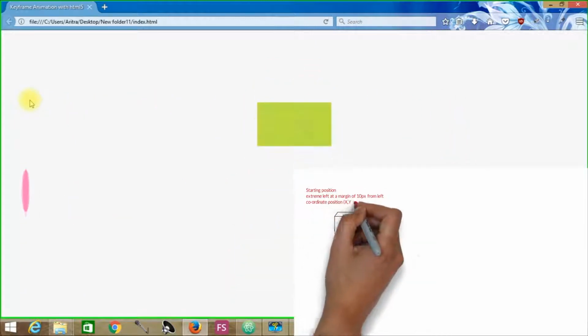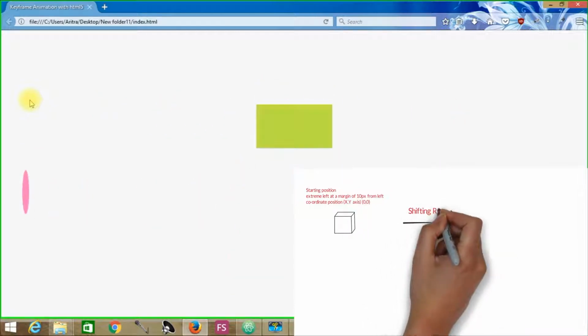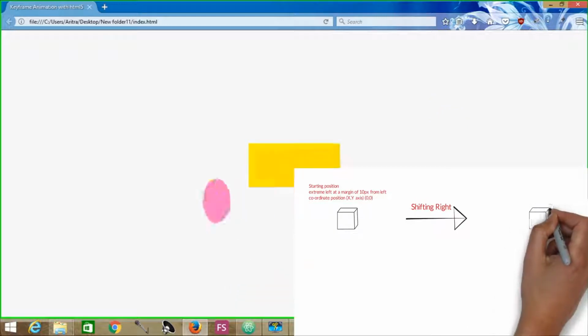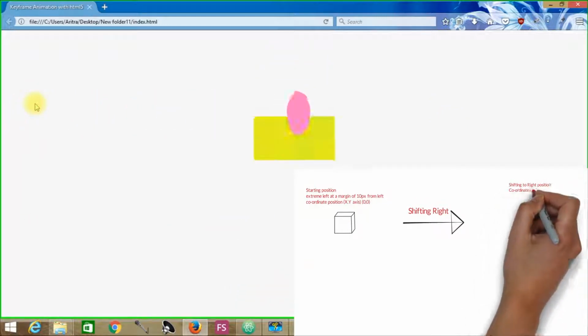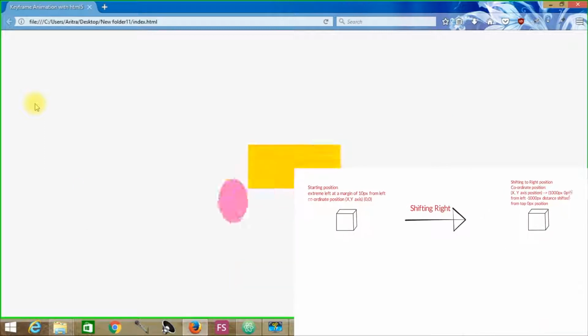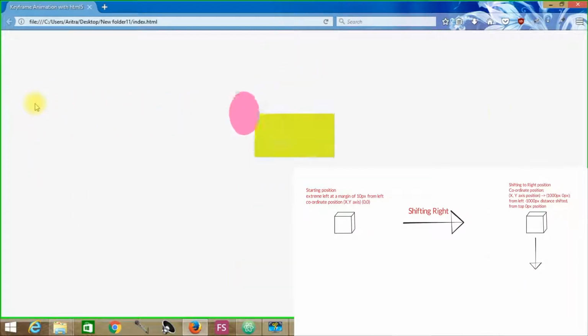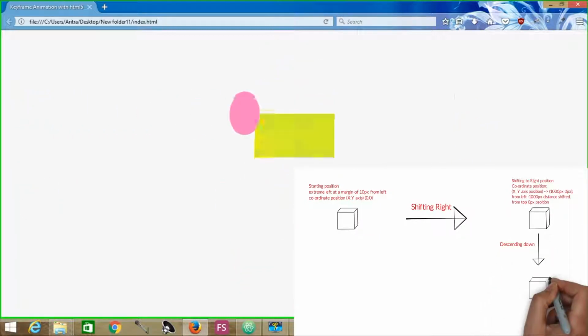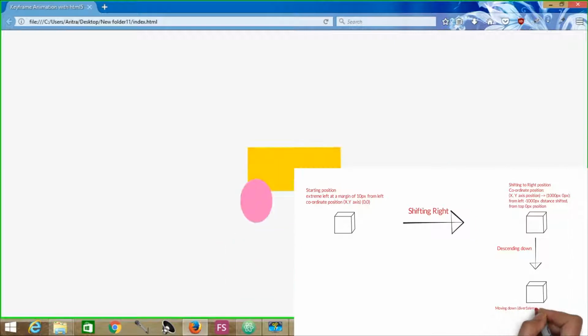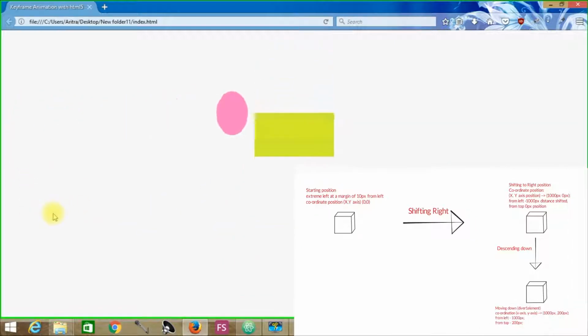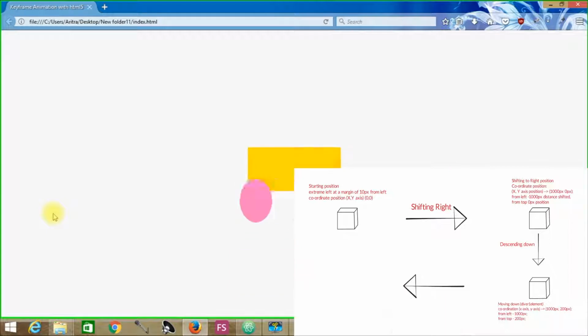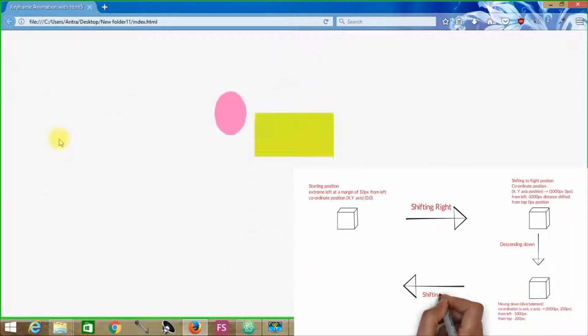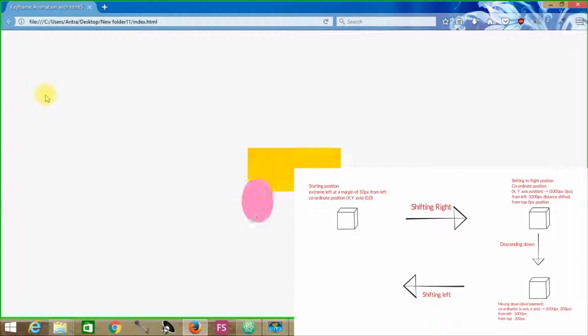The cursor here denotes the initial condition of this pink ball, and from this position it first diverts to the extreme right, then it comes down, then it goes to the extreme left, and then it ascends up. That means there will be a margin initially from the left position, then a margin from left and top position, then a margin from the top position, and then it will ascend up into its previous position, which is the 0 0 position.